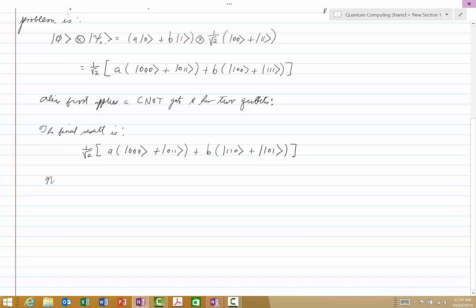So now Alice applies the Hadamard gate to the first qubit. Well, let's just say she applies it to the first qubit. The result